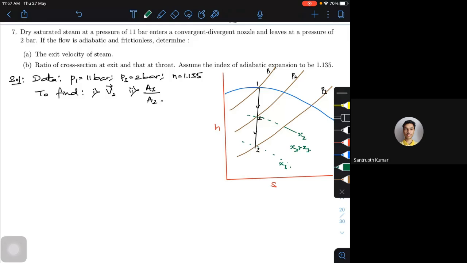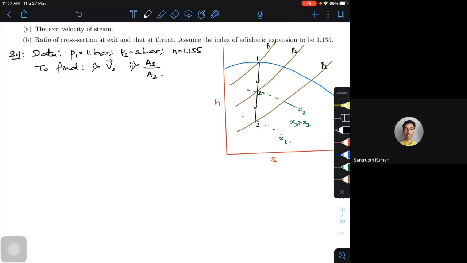You have to be very careful when using your Mollier chart, otherwise you may end up with a mistake. So whenever you are trying to solve this problem, it is better to first put it on your h-s diagram on a white sheet, and then take it to your Mollier diagram. You'll be in a better frame of mind to solve this problem. Okay, so this is your h-s diagram. Let's try to solve it. Now, P1 is equal to 11 bar, and they have told us it's dry saturated steam, so we need not worry about it. So let's try to find the throat pressure. The throat pressure is given by